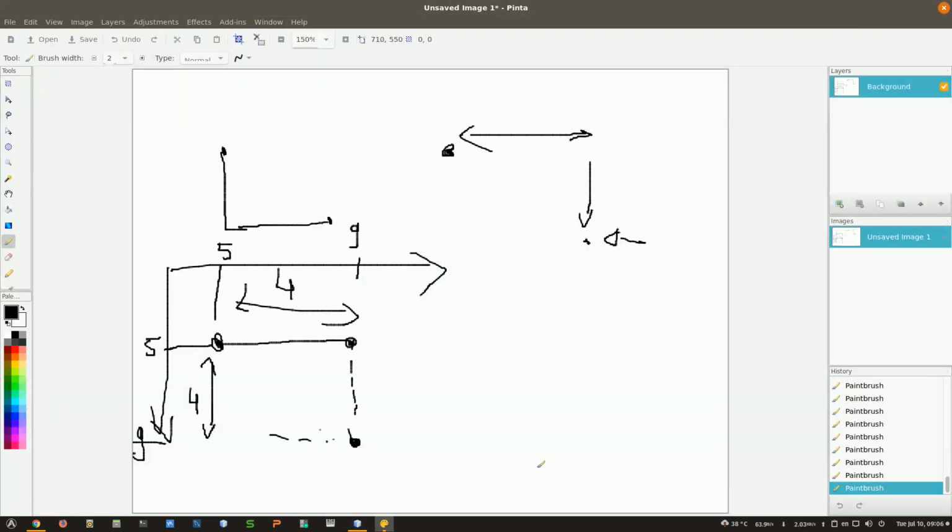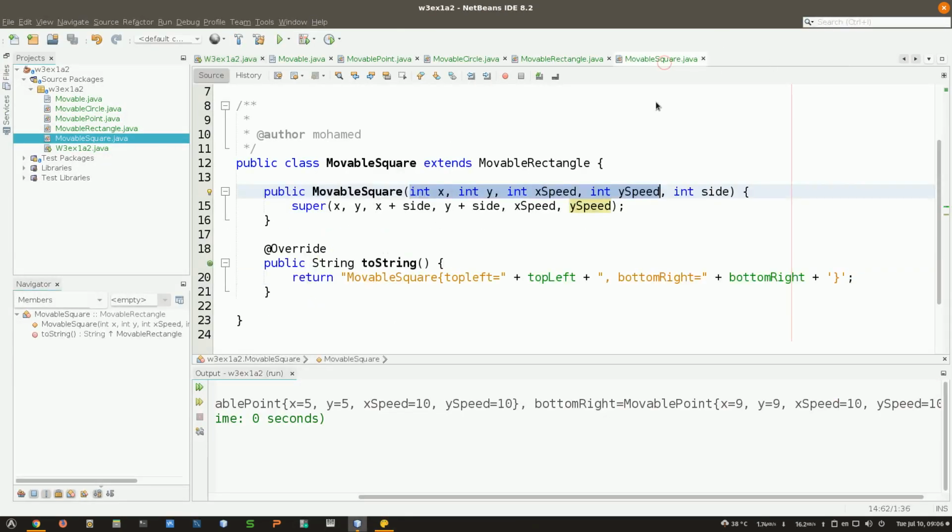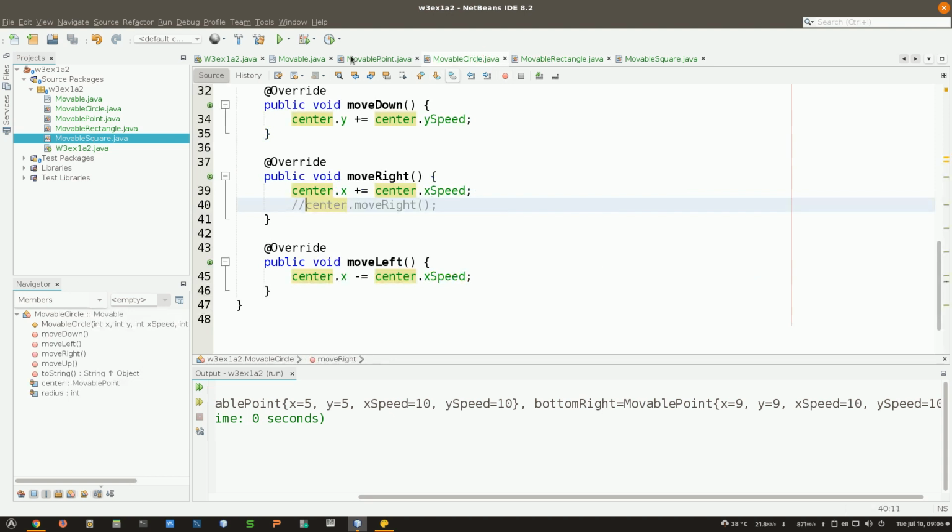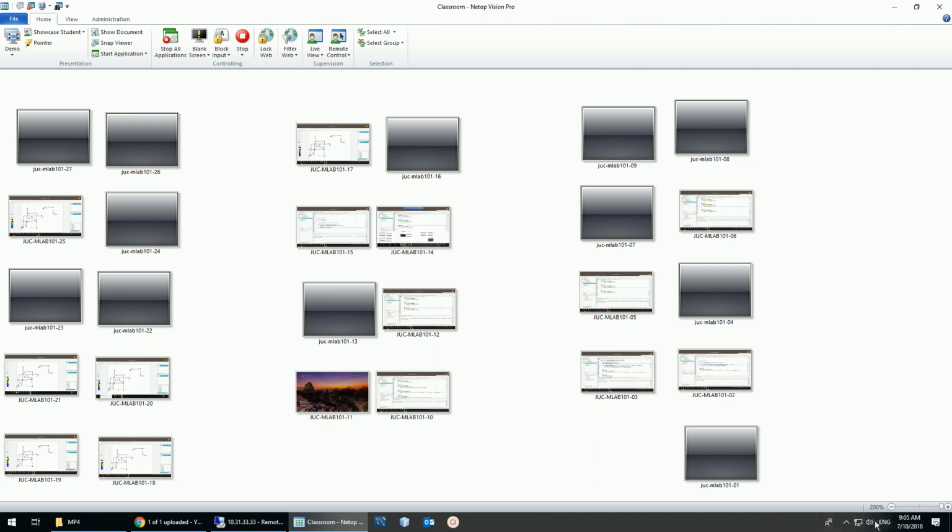Anyways, this is just me having fun, and I don't know if you're following me with this fun. That doesn't look on your faces that you're having fun. Anyways, forget about this square. If it's confusing, let's get these movable rectangles and circles and points and make sure that you understand them. Do you have any questions regarding these? Okay, so let's stop here and then let's talk about how we can use